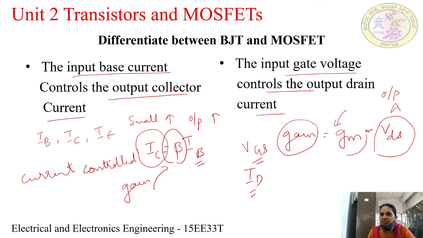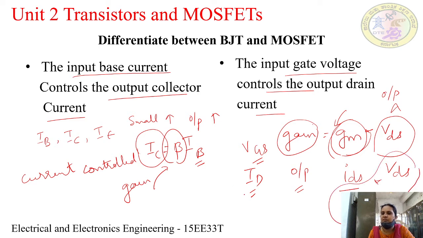By a factor of gm, by a factor of conductance. Here, the output side gain is controlled by the amount of gate voltage multiplied by the transconductance parameter. So what is transconductance? It is current divided by voltage. Here this is multiplied by VDS. So VDS divided by VGS is the actual gain of the amplifier.